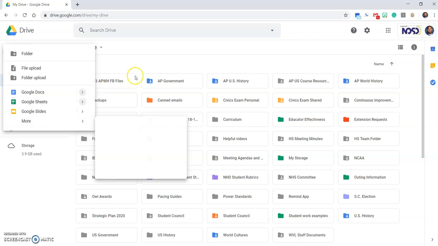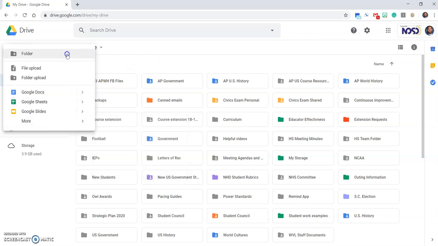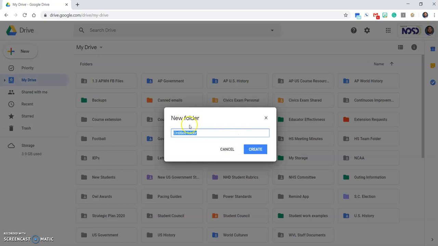So what we're going to do now is create a new folder. Okay, so we create a new folder, and we're going to title this folder US History. Okay, and then once we're done, we're going to hit the create button. Now, I've gone ahead and already created a folder, so I do not need to do that. So I am not going to hit create for this video. However, if you are setting this up, do make sure that you hit create, and that will populate a new